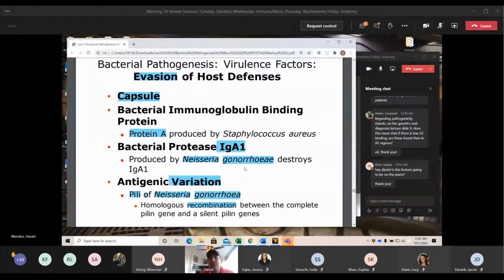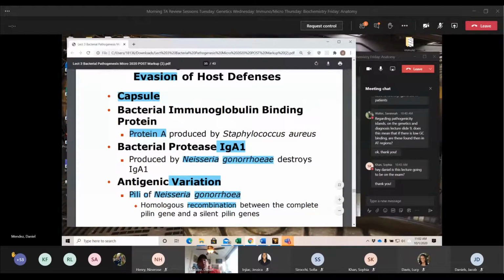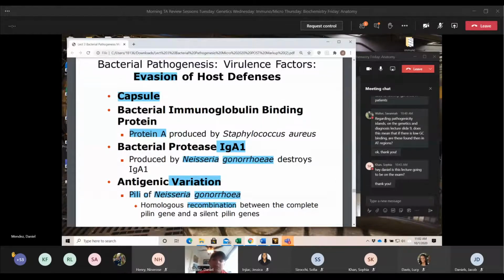Then we have 2 examples for gonorrhea. Our first one is an IgA1 protease, and then antigenic variation. IgA1 protease is a protease that breaks down IgA. So if it breaks down IgA, that's breaking down our antibody, our immune globulin, in the mucosal area. And we should know that gonorrhea does infect the mucosal area, considering it's an STD, and the GU is referred to as mucosal. So by breaking down IgA, it's destroying the only immune globulin in that mucosal area. So now it doesn't have to worry about any immune globulin or antibody in that mucosal environment. It can completely evade or destroy the immune system there.